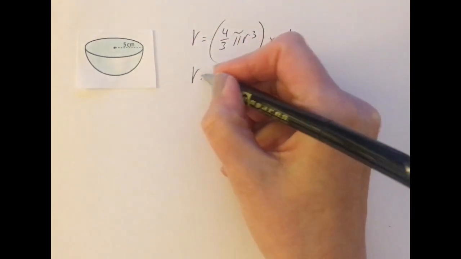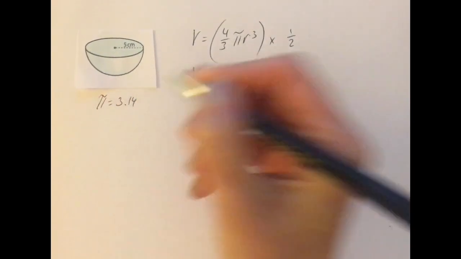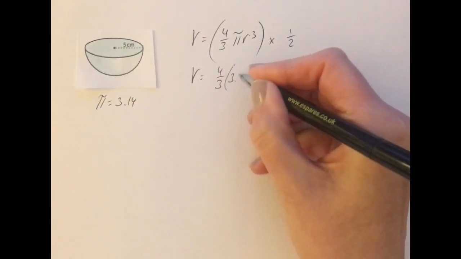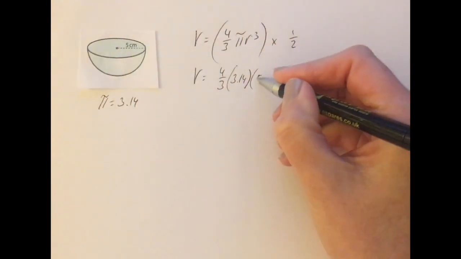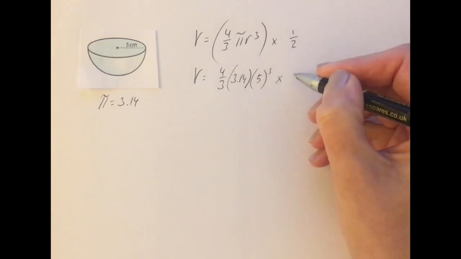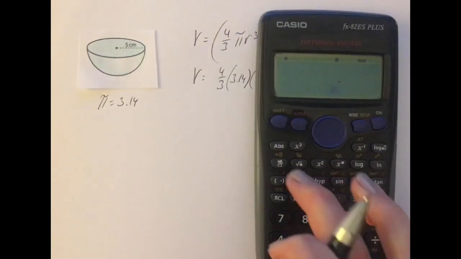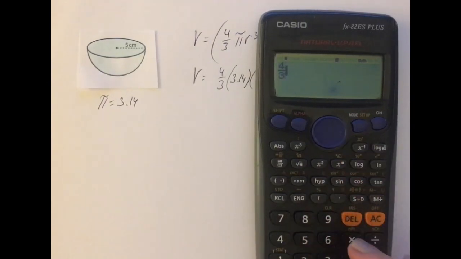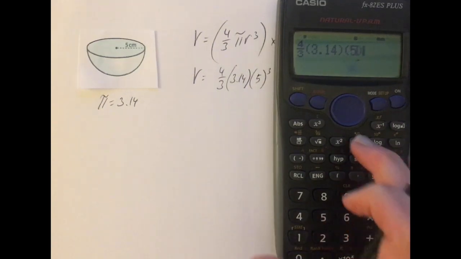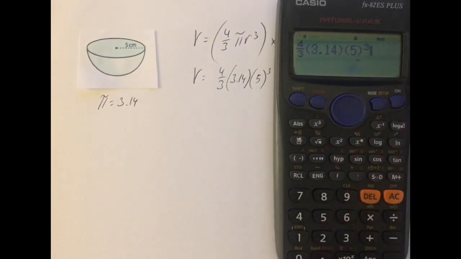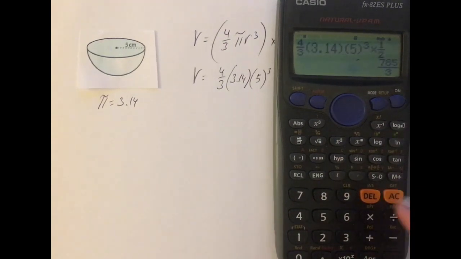So in this case, we have 4/3. This time, let's take pi as 3.14. So putting in 3.14 as pi, the radius quite clearly is given to us here as 5 cubed times a half. So I'm going to put that in on my calculator, and I have 4/3 bracket 3.14, close the bracket, 5 cubed, come down to the side, times a half. And the answer is